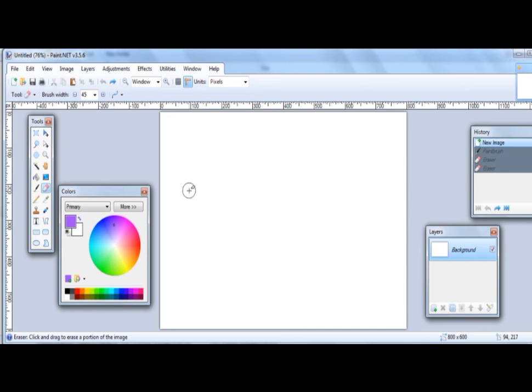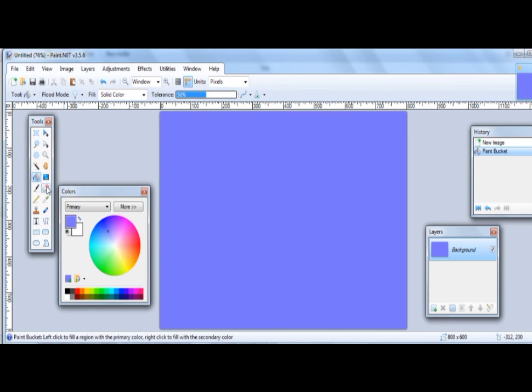So if you've noticed a pattern here, every time I choose an option, you want to look at the top here because there might be other options up here. This is the pencil tool, basically like the paintbrush, but it makes it thinner. This gives you the ability to pick colors on the page. So right now it's white, but let's say for example that I fill it in with this color